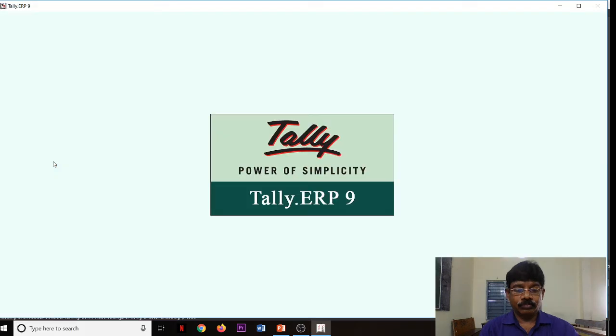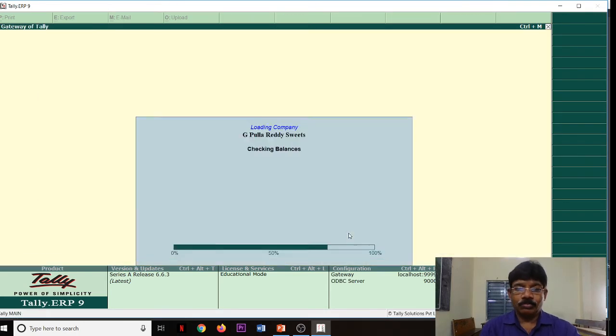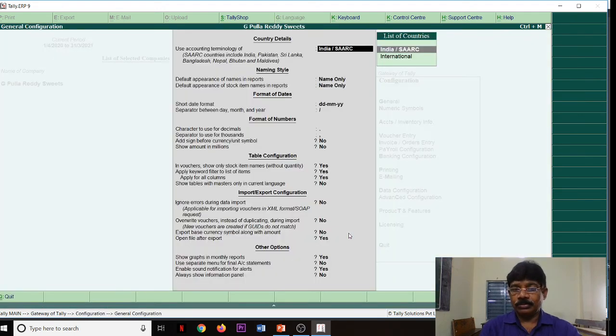Windows. First we will see the Windows. F12, see the general window.